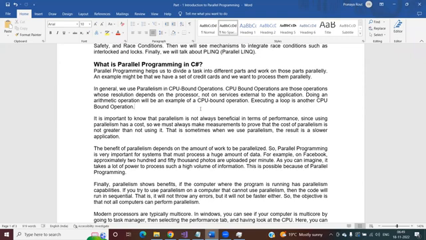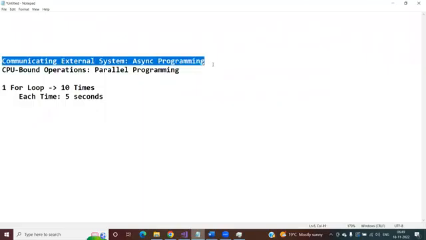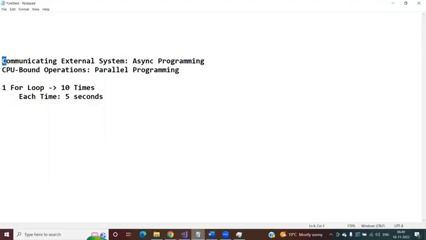But while we are talking about these things, if you are communicating with an external system, does it depend on your processing time? No, it does not depend on your processor. Why? Because in this case, I'm communicating with an external system. External system means that system has its own processor. How much time that processor takes? So from your machine, for example,